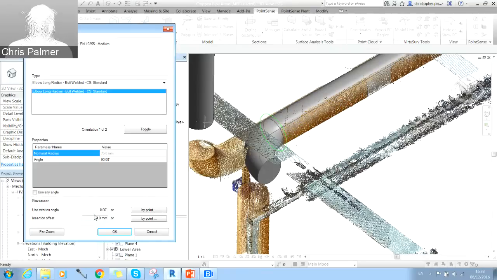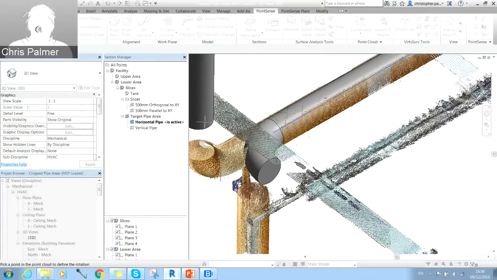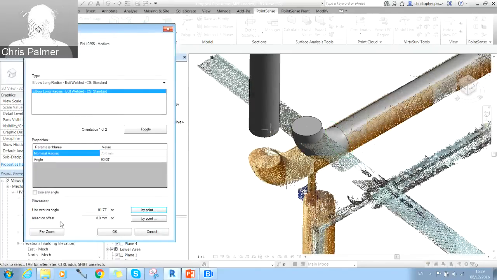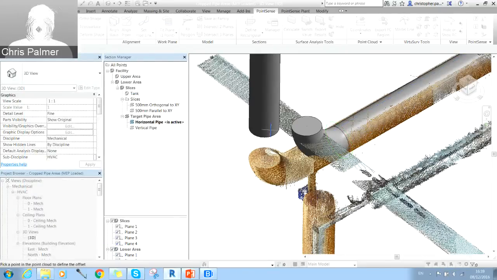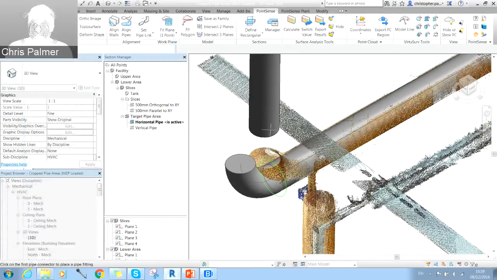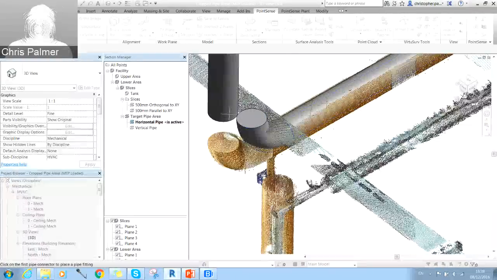And then we can do this manually, automatically later on using our align pipes tool. So if I go use rotation angle and pick a point in a point cloud, maybe we just navigate across a little bit and select roughly the right orientation. And then we can select an insert offset. I could do this by a point, or I could do this by text. Maybe if we do it by a point first, just roughly again to show the tool, it moves it across at the junction. Or we could make this 100 millimeters. Okay, insert that there. And you can see it's got the same orientation, and then it's added a 100 millimeter